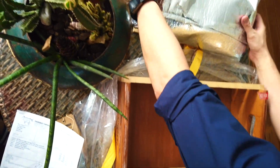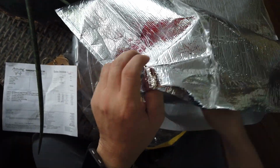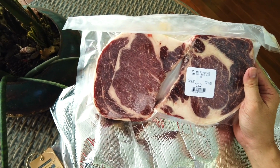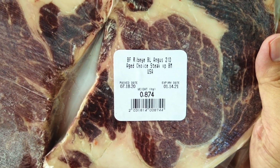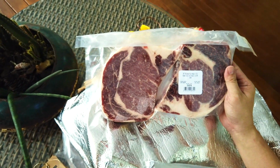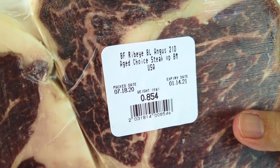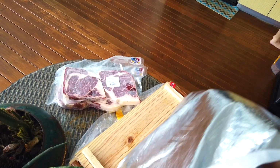Natin dito. Yeah. A few moments later. Tanan! Try natin. So we have here the ribeye Angus aged choice steak. 21-day aged choice steak from US. Again, it's 0.854 kilo. Nakapal siya. 1-inch thick. And then we have